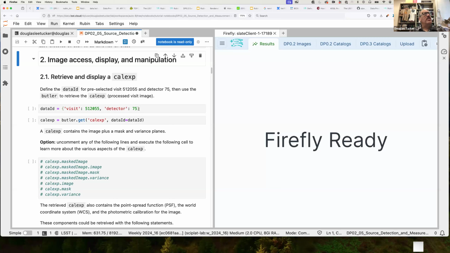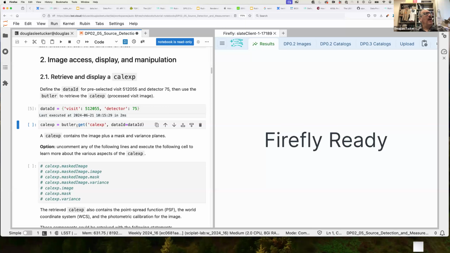So we're gonna get detector 75 on the simulated LSST camera. So we define the data ID, and then we